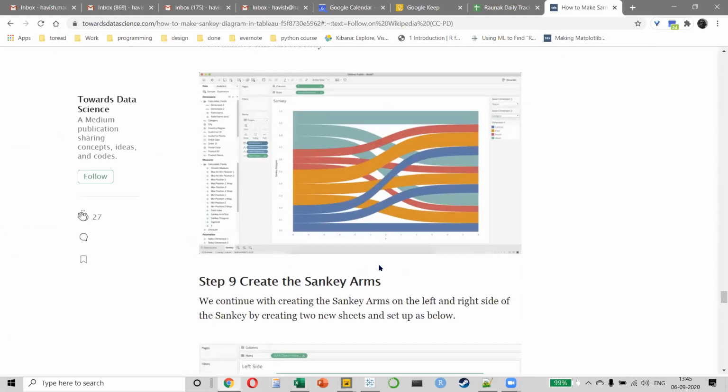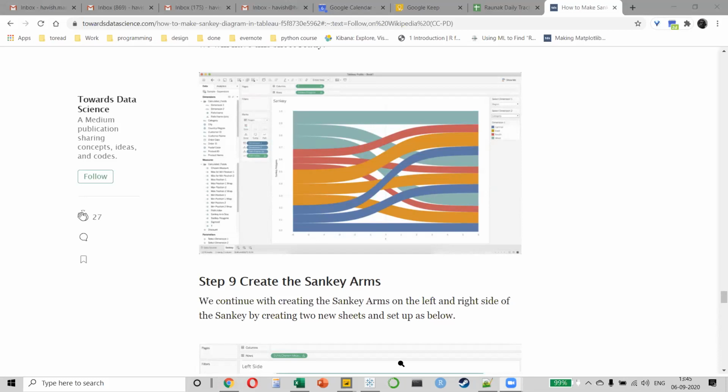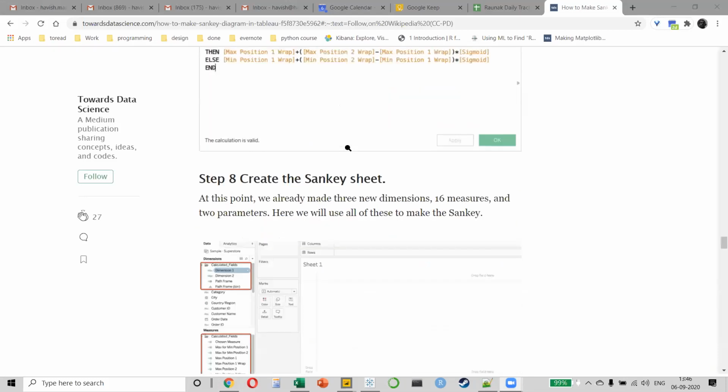And that's the reason organizations are now moving towards Power BI more. See, organizations that already have a team that is competent to handle Tableau will continue to work on Tableau. But newer companies find it very difficult because learning Tableau is very difficult, as you can see. Okay? So Shadman has done it. So that's why he's confirming that Sankey is very difficult. And that's the reason I wanted to show it to all of you.